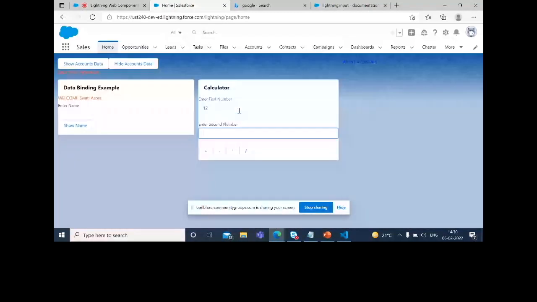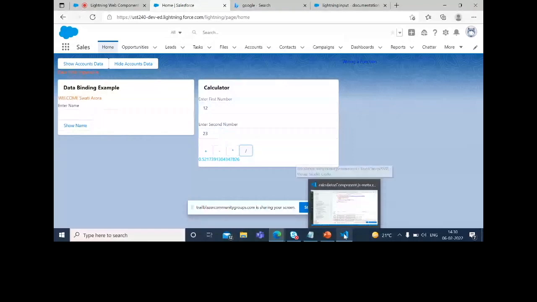12, 23. Now as soon as I click on the button, the event handler will fire, it will query all the text box values, store them in respective properties, and it will check the label. If the label is plus, it will perform addition. If the label is negative, it will perform subtraction. If it is multiplication, and if it is division. So there are lots of utilities of event.target. In this case, we are capturing the label. In the earlier case, we were capturing the value. We are even capturing the name of the text boxes also.